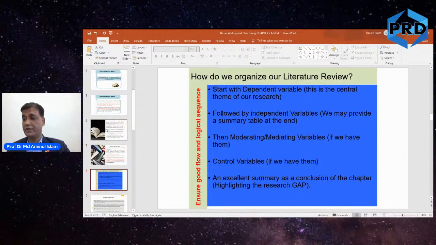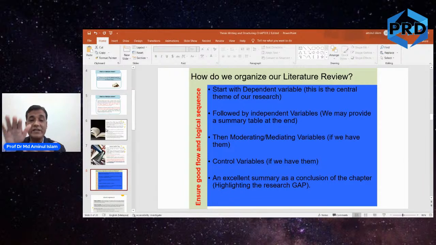All right. So this is where most of the students will struggle. So I'm not sure where to start. Okay. So remember, the main research problem, the nucleus of research, is your dependent variable. The main research problem becomes the dependent variable, and all the issues connected to it, all the issues that contribute to the problem, become independent variables. All right, and in between, you may have moderating, mediating, and control variables.